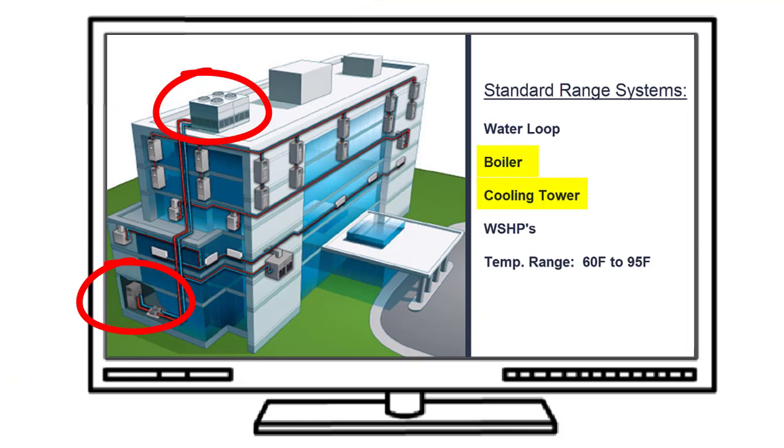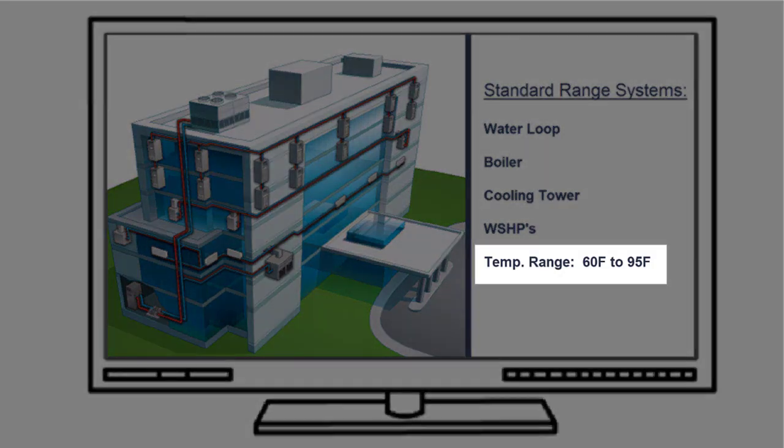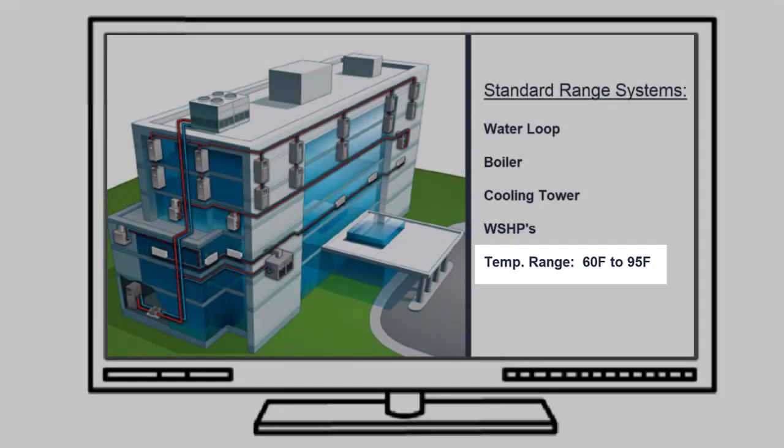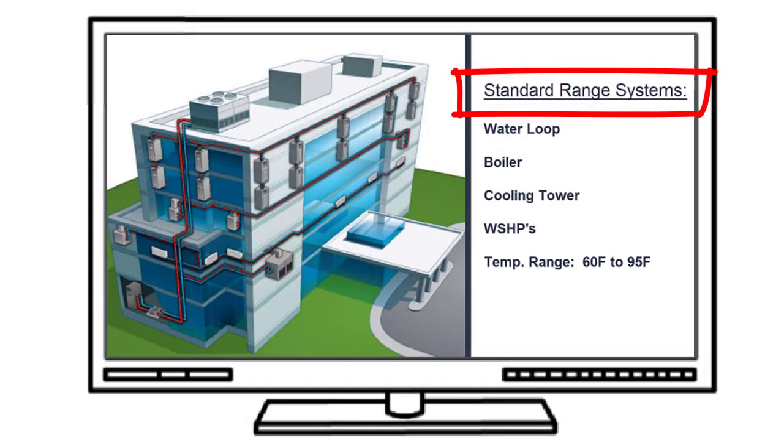From this water loop, each independent heat pump exchanges heat with the occupied space. Typically, this water loop is approximately kept between 60 degrees Fahrenheit and 95 degrees Fahrenheit. This is the entire waterside experience of all separate packaged water source heat pumps in the building, and this is called standard range temperatures. A large majority of all new and existing commercial water source heat pump buildings utilize standard